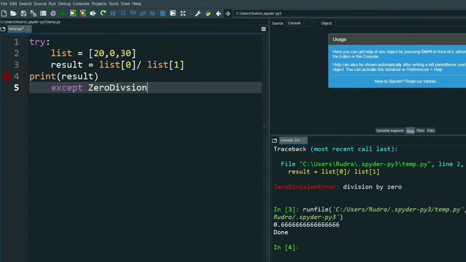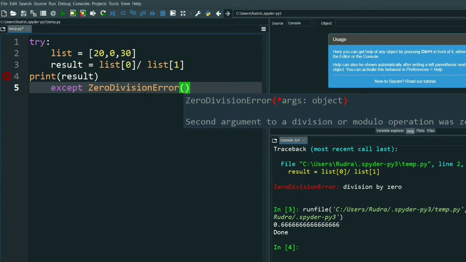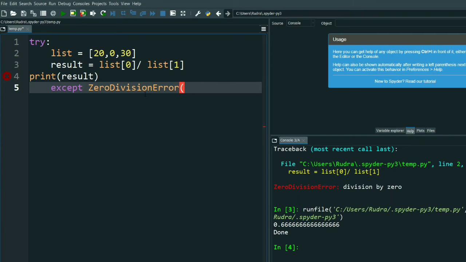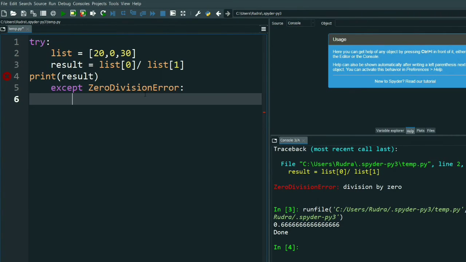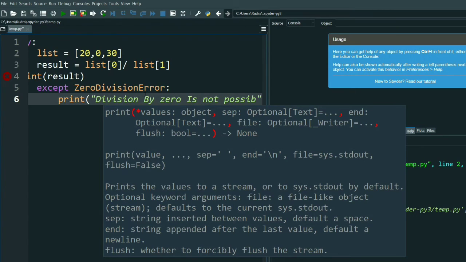Why? Because there is an error of zero division. Now print. If I write here print, division by zero is not possible.